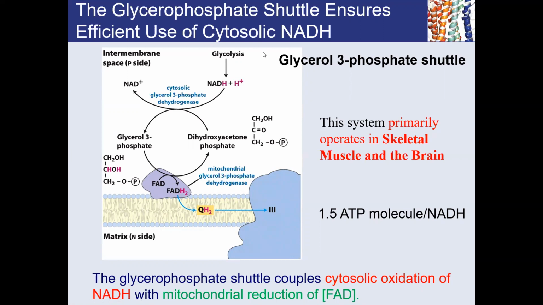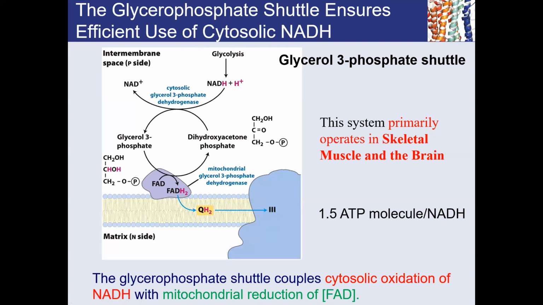One is cytosolic, which hangs around in the intermembrane space and cytosol. The other one is the mitochondrial isoform. And you'll see the chemistry is slightly different. When you are producing NADH, let's say as a result of glycolysis, that NADH